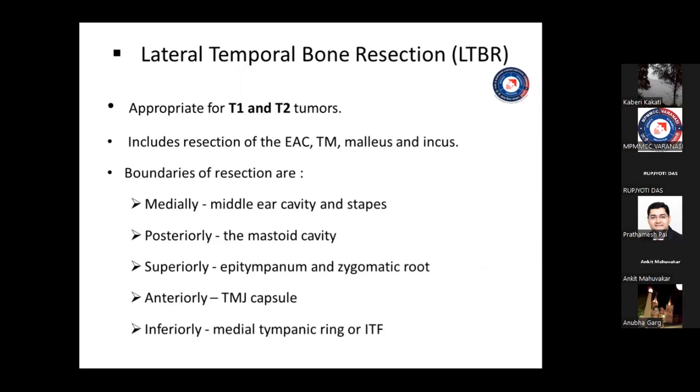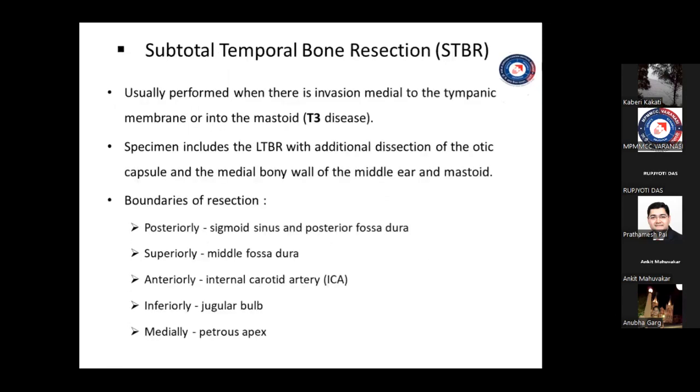The boundaries usually include medially the medial cavity, posteriorly the mastoid, superiorly the epitympanum and the zygomatic root, anteriorly the TMJ capsule, and inferiorly the medial tympanic wing or the ITF. The subtotal temporal bone resection was historically used for T3 disease when it invades the middle ear or the mastoid. The specimen includes the LTBR with additional dissection of the otic capsule and the medial bony wall of the middle ear. The boundaries include posteriorly the sigmoid, superiorly the middle fossa, anteriorly the ICA, inferiorly the jugular bulb, and